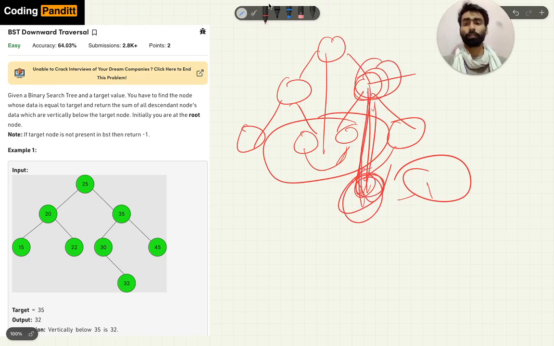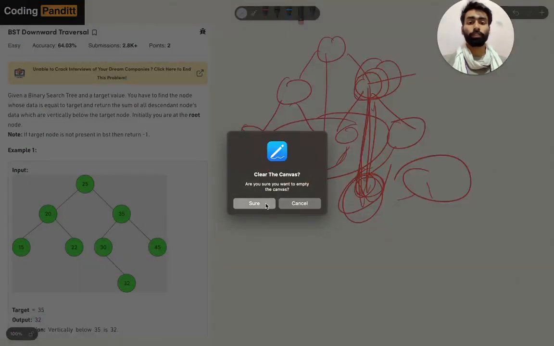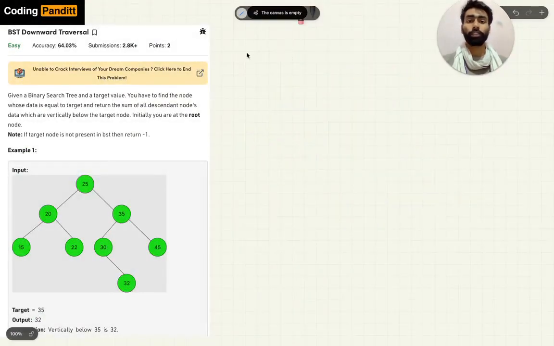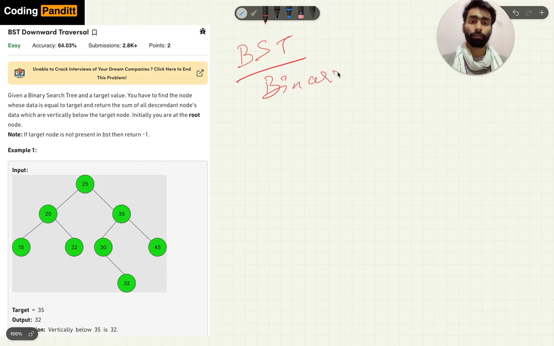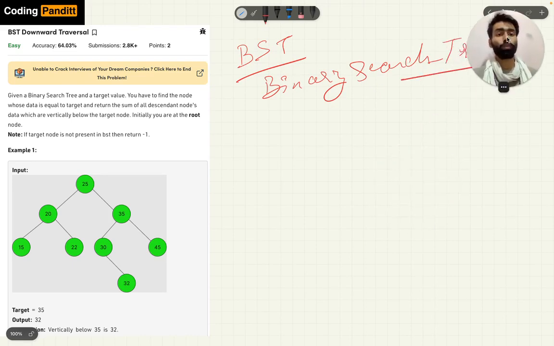So first of all, we need to know what a BST is. BST stands for binary search tree. So what does it mean?